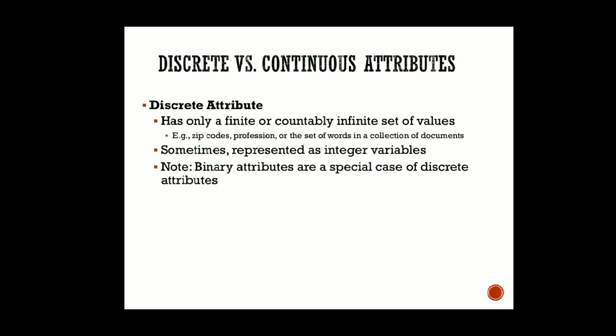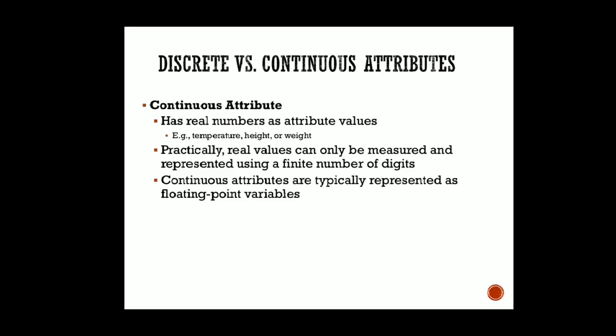But in the case of continuous attributes, we have to work with all the real numbers available, say temperature, height, weight. Whenever we are finding the weights of 1000 persons living in a particular area, you cannot restrict that everyone's weight will lie in one set only. It can have any real value. Okay, so those are called continuous attributes. Fine.